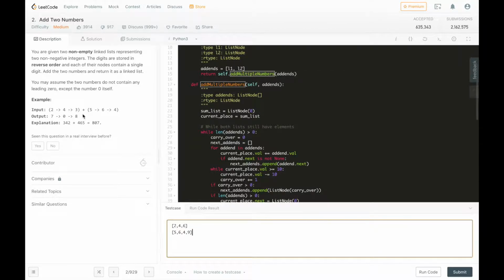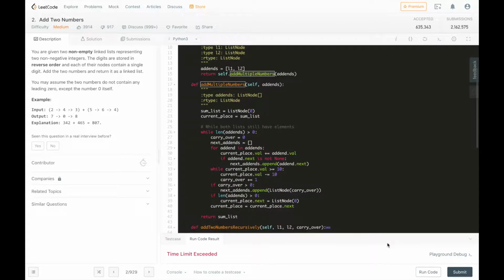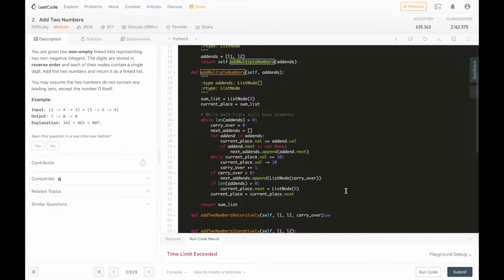What about if we revert to the original test case? Okay, time limit exceeded. So what's going on? My guess is that we probably have an infinite loop going on somewhere. So this loop is checking for addends. Do we ever remove elements from addends? No, we don't. We make our next addends,